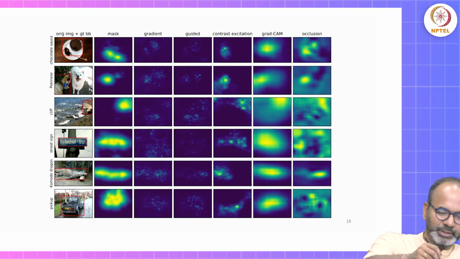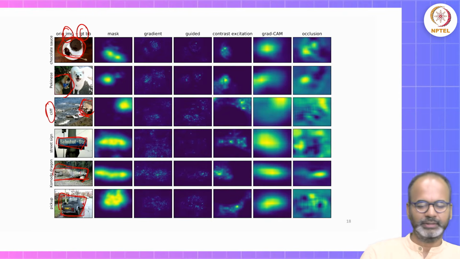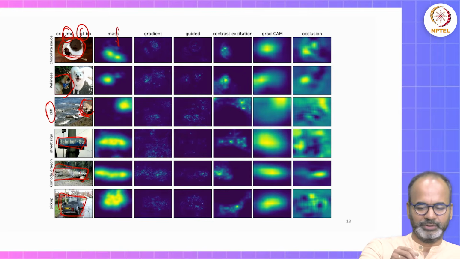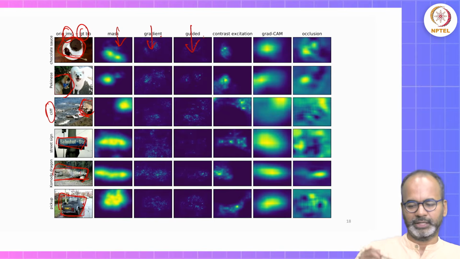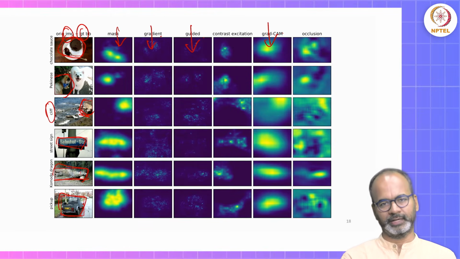This one is the original image with the bounding box. So it's figuring out what we are looking for. This is cliff. Here is a bounding box: street sign, dragon, pickup truck. So these are different methods that you can think of: the mask one that we saw, gradient, guided backpropagation. We'll see what Grad-CAM is later, but otherwise here are different methods showing how they identify the parts of the input image used for classification.